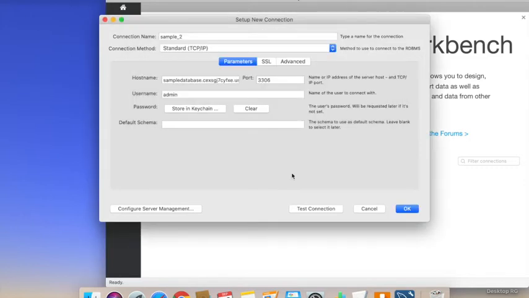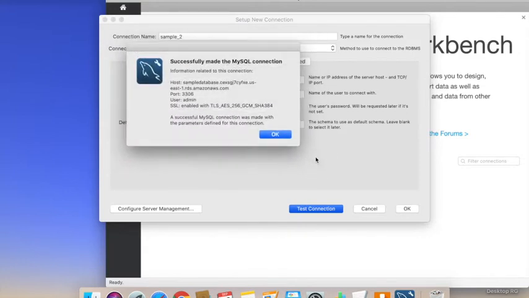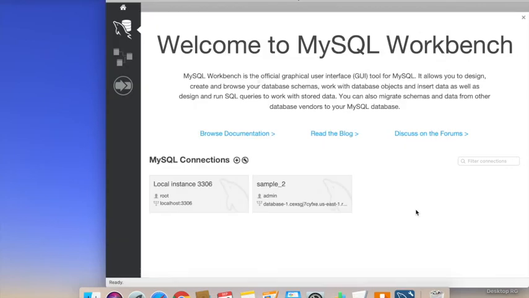And before proceeding, click on test connection and check whether your MySQL Workbench can successfully communicate with the remote AWS RDS. This success message indicates the MySQL Workbench can communicate with the remote RDS. Click on OK and OK.